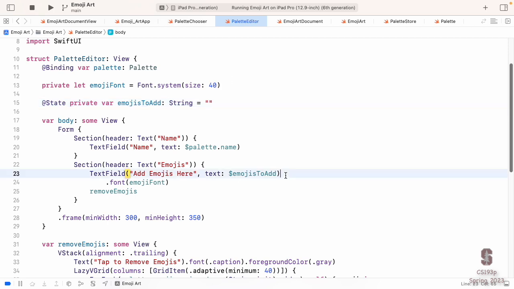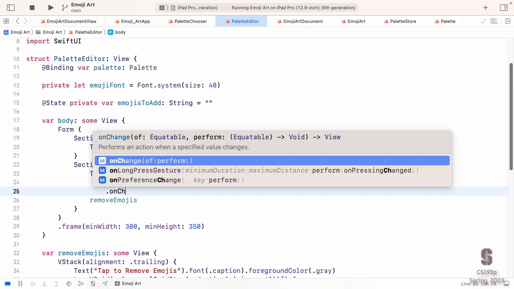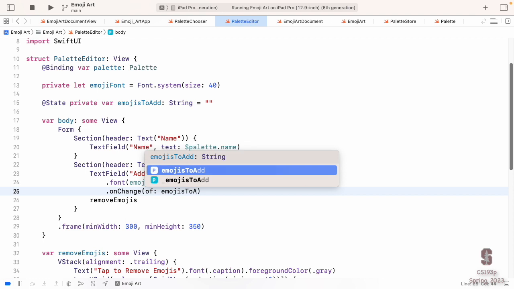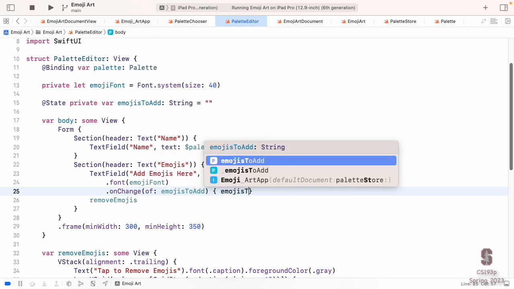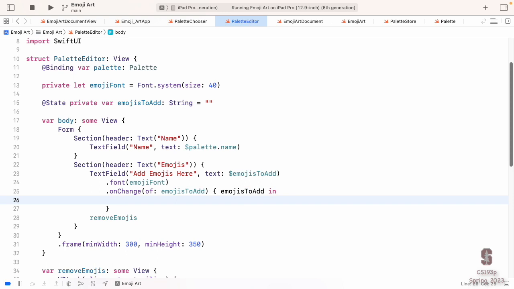And literally, I'm just going to say right after this, onChange of emojisToAdd, and it gives me back the new version of the emojisToAdd. Now, I'm going to add those emojis powerfully here. I'm going to put the new emojis at the beginning of the list, assuming that they're new and we want them there. I'm also going to unique them. I'm also going to strip out anything that's not an emoji. So if you go into add emojis here and you type hello, it's not going to put hello down there or eight. It's going to be just emojis. So emojis only. Now I could imagine one day maybe where I do want words and stuff in my palettes down there, but not today. Emojis only in this course.